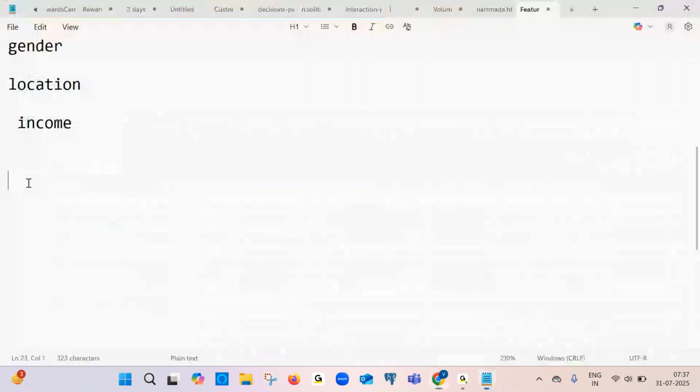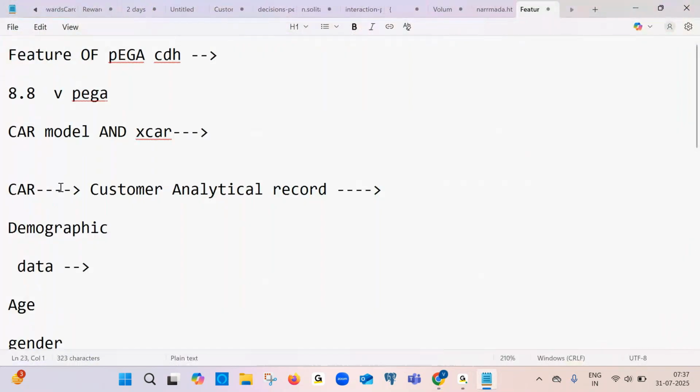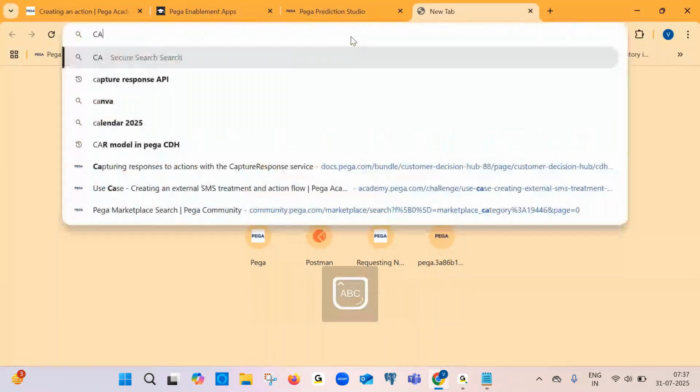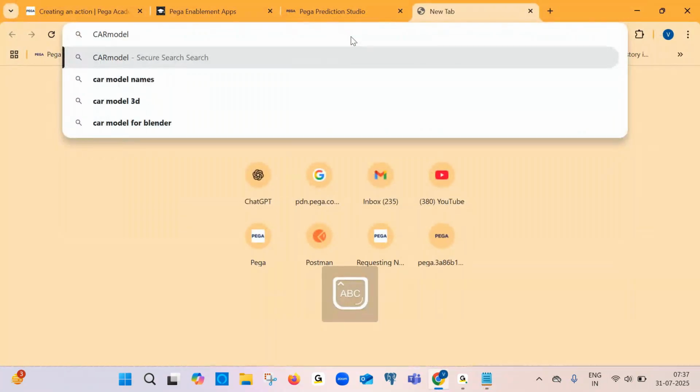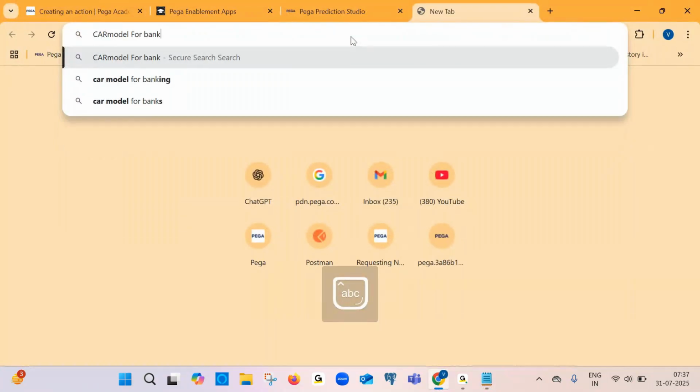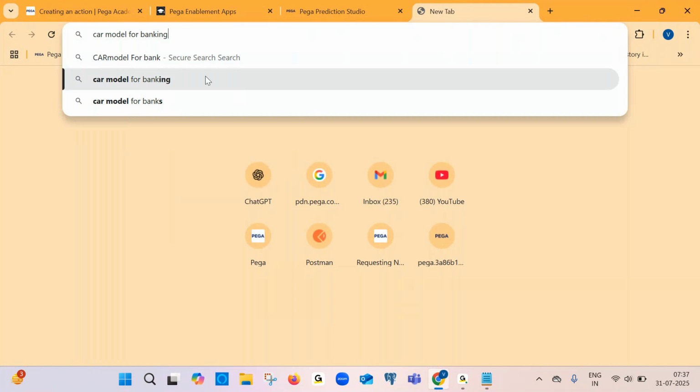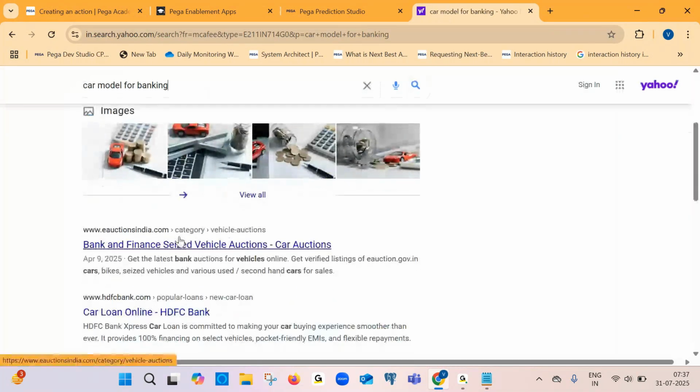Getting my point, everyone? So in the previous versions, without creating everything from scratch, meaning creating the customer data model or defining some kind of transaction data and financial-related data, instead of doing that, there are some pre-built data models available with the CAR model. Even if you search in Google, for example, CAR model for banking, then this will give you some kind of